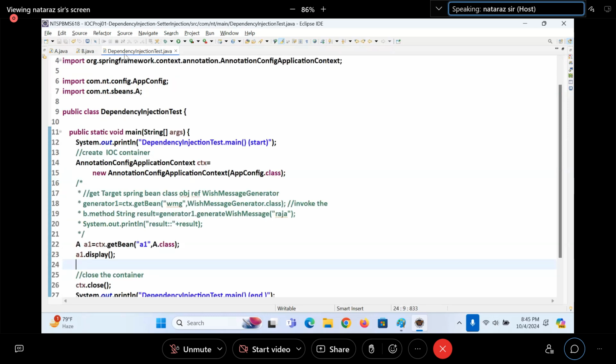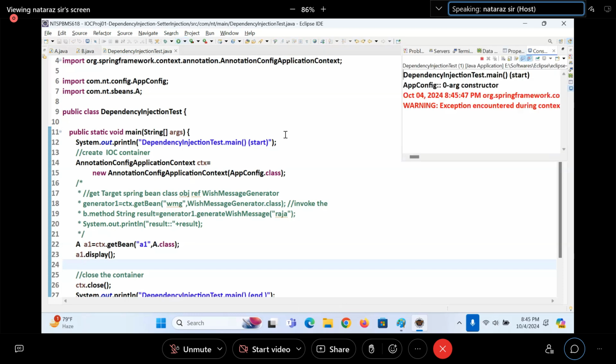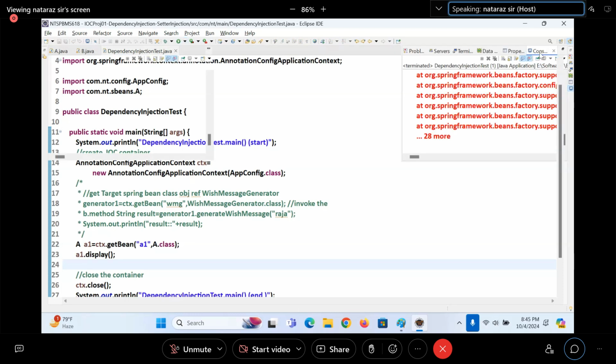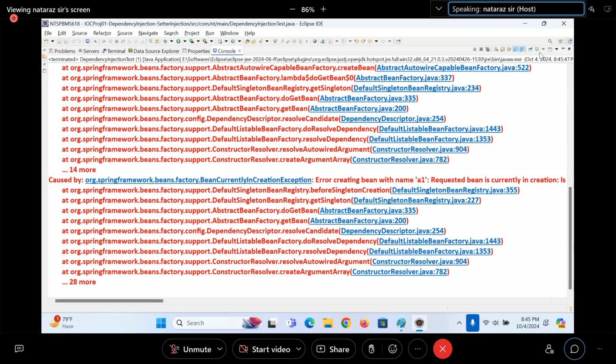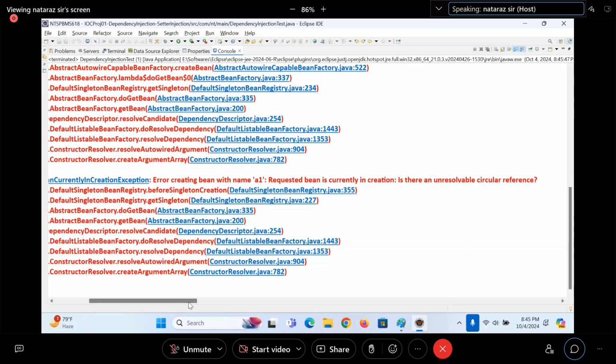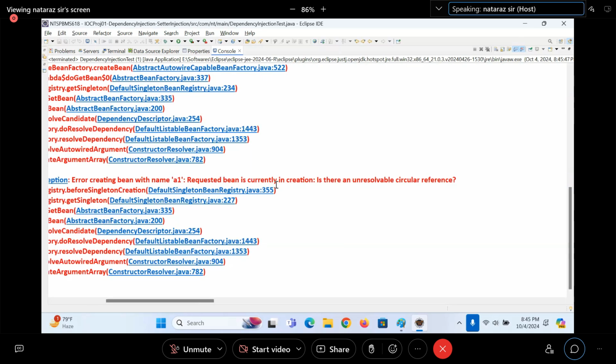Dependency injection test, guys. See, I'm getting red color. Error creating bean A1. Requested bean is in creation. Is there any unresolvable circular reference? Clearly saying, unresolvable circular reference.